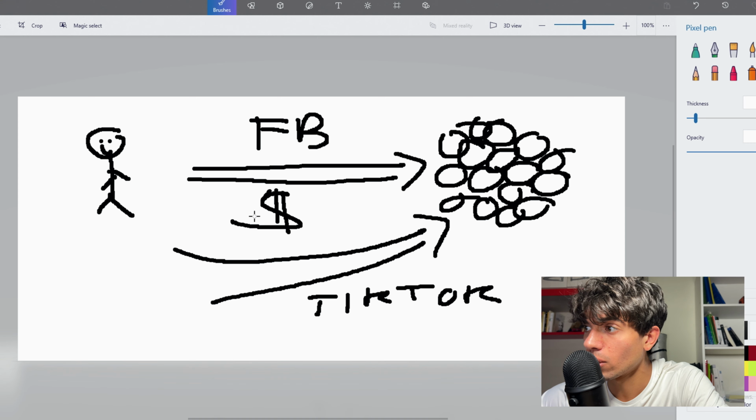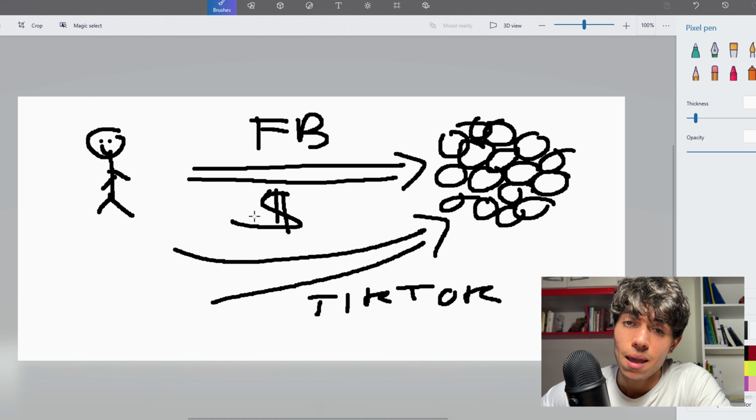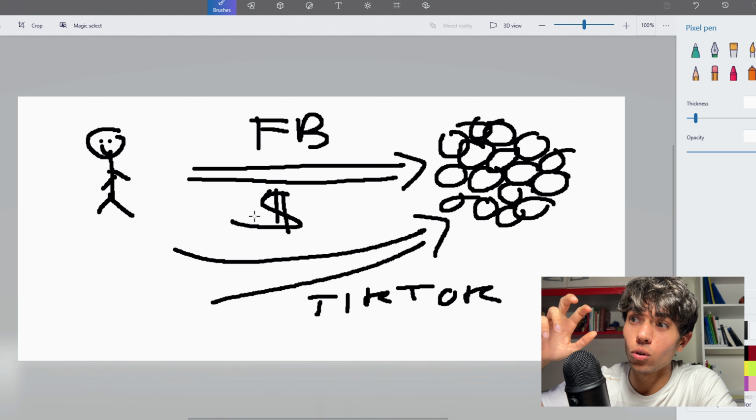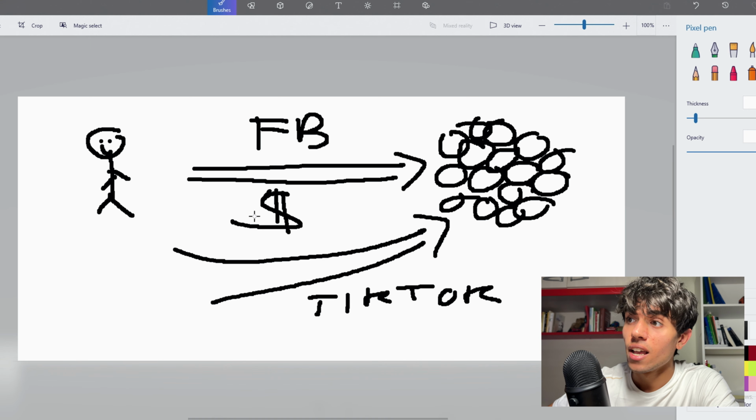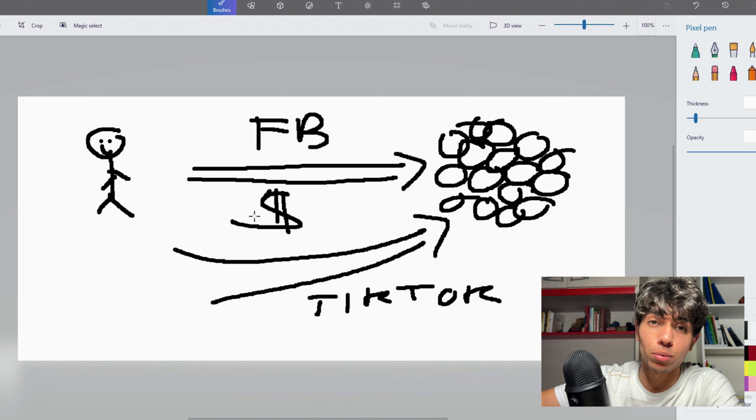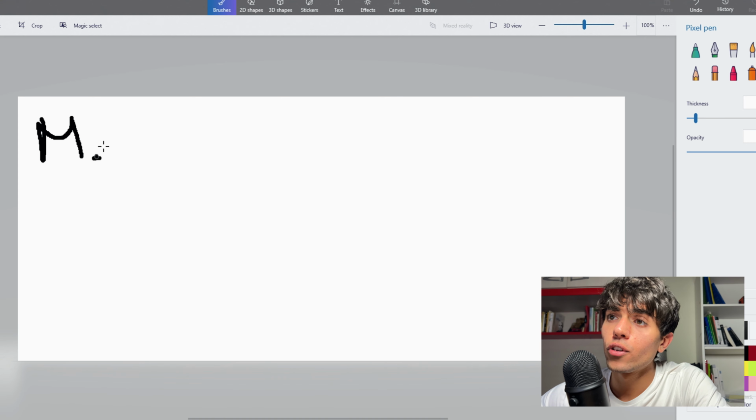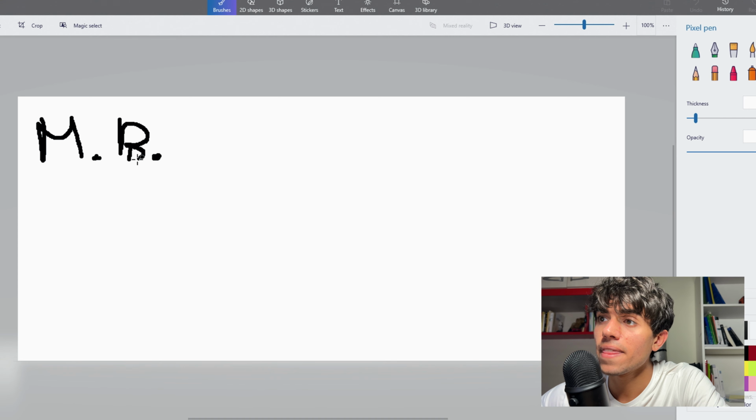On TikTok, for example, they're going to charge you much less, because indeed the audience and the leads they're able to get for your service are lower quality, because it's mostly kids, right? So the amount of money you're going to spend on each platform to run ads is going to depend on the quality of leads they're actually able to provide you. Okay. Alright, so if you've never run ads in your life,